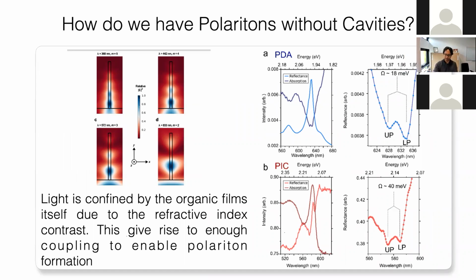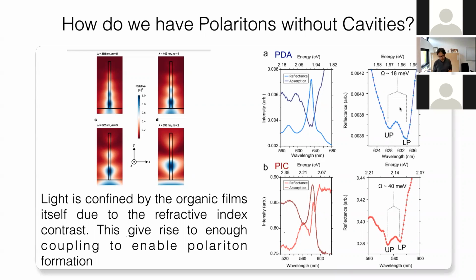If you do some optical modeling and work out how this works, essentially what's happening is you have your film and it has a refractive index contrast with whatever is outside it, for instance air on the other side. And that refractive index contrast is enough to confine light a little bit. What you find is that about 4% of the photon mode volume is confined. If you had a really good mirror, you would be able to confine all the light in it. This is not a mirror, it's a very, very poor mirror, only confining about 4% of the photon mode volume. But even that 4% is enough to give us